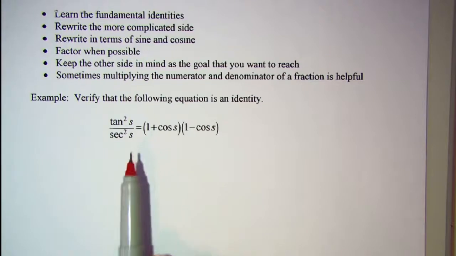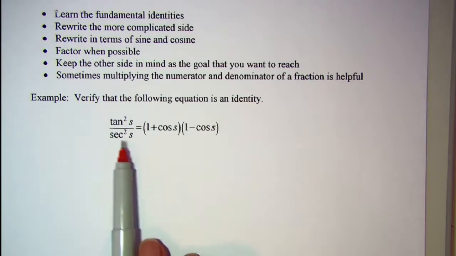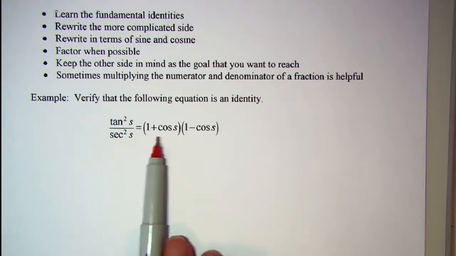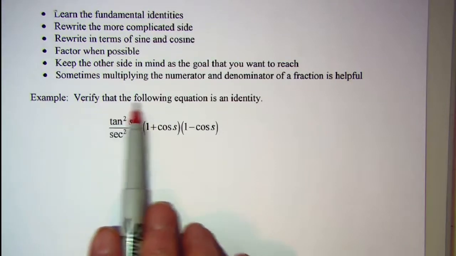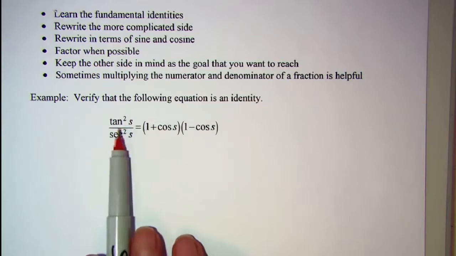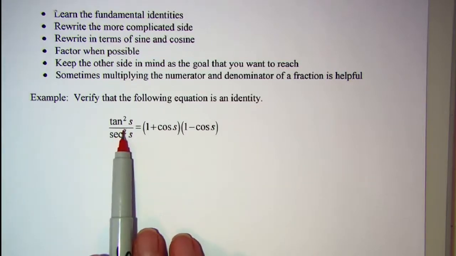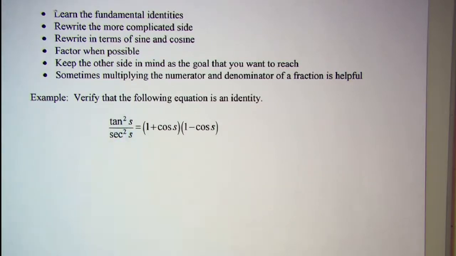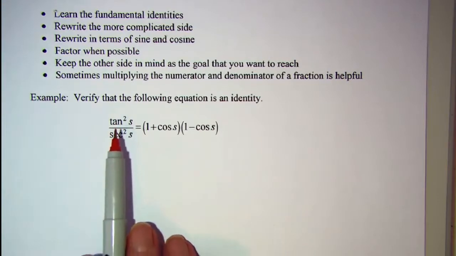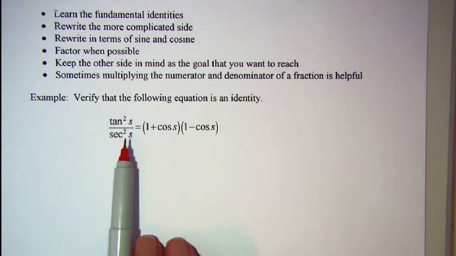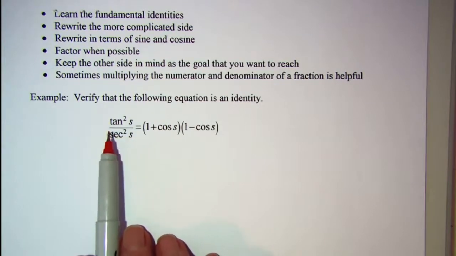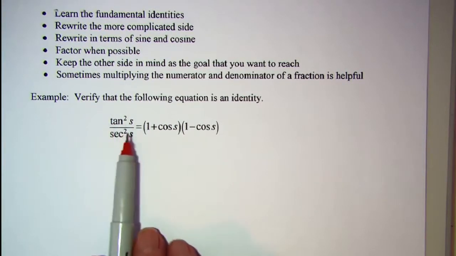Now again, there are often different approaches to verifying these, but since it is an identity and we're just verifying that, we do know that these two sides are equal to each other. We just need to take one of the sides and use our fundamental identities to rewrite it so that it looks like the other side. I think that I'm going to work on this left side,